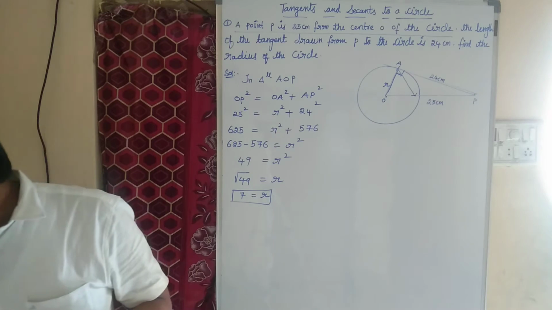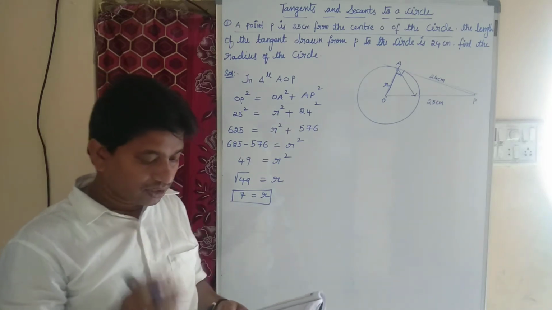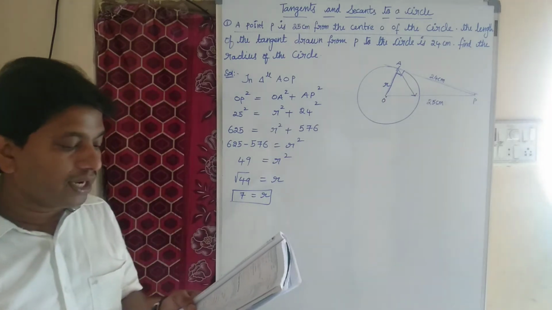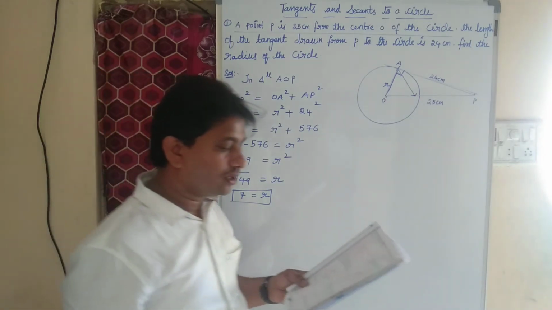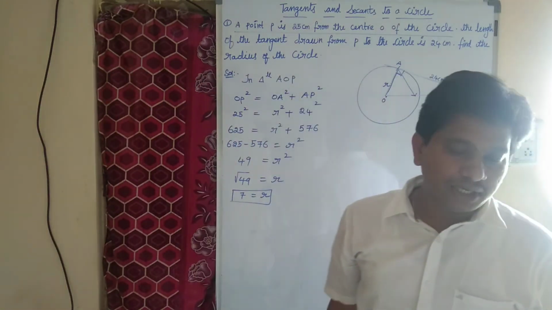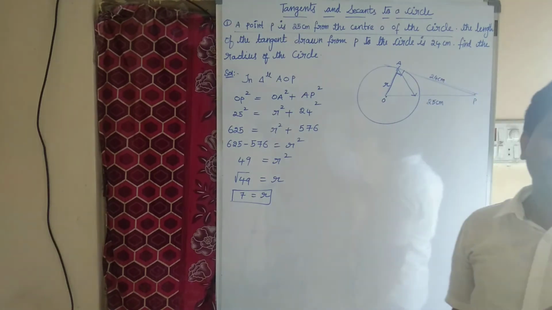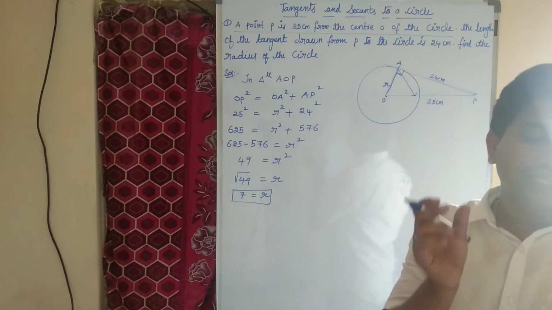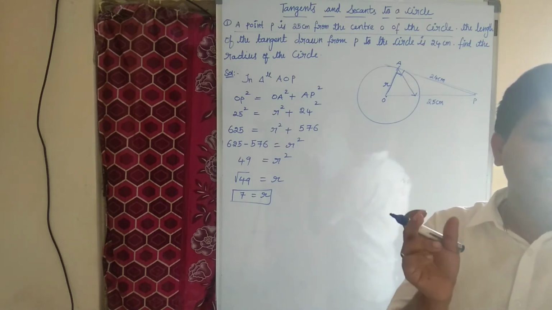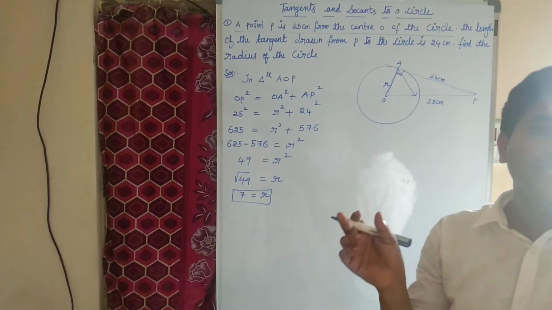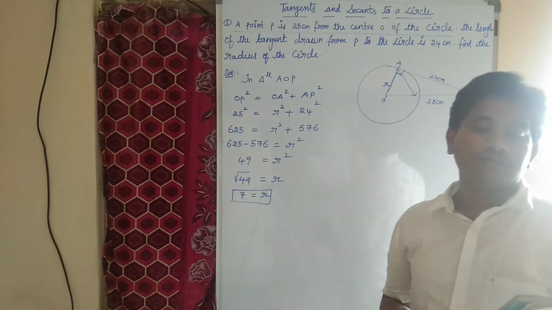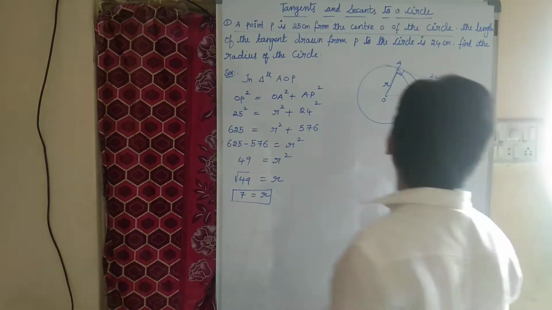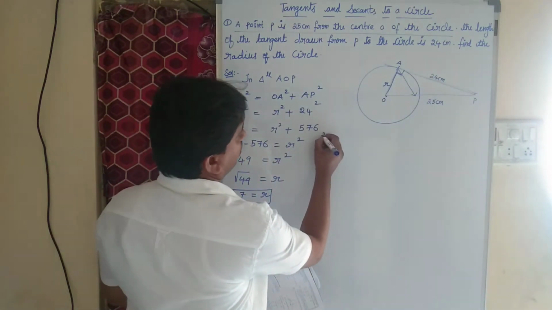The same manner, the similar method question. Let me say the length of the tangent to a circle from point 17 centimeter from its center is 8 centimeter. Find the radius of the circle. What is given? The length of the tangent to a circle from a point 17 centimeter from its center is 8 centimeter. So second question children, let me write down the question if you want.